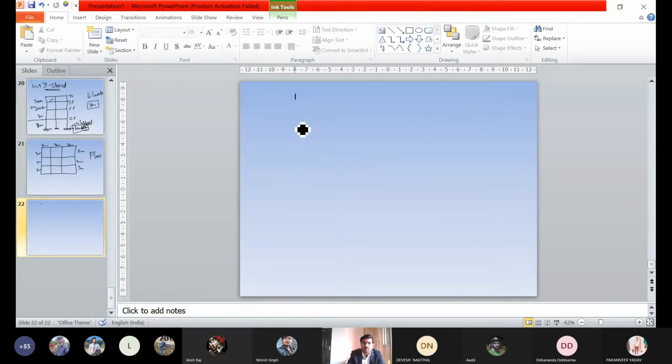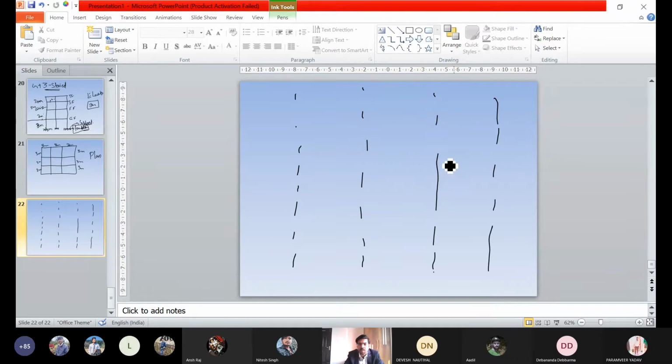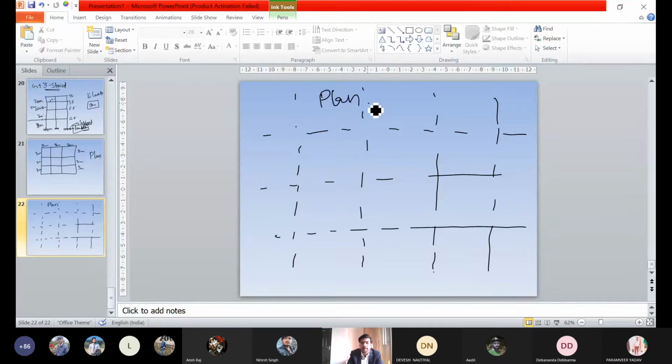So if I make these reference lines and somebody asks me to draw beams and columns, it would be a lot easier. So the software is asking us to draw some reference lines. Tell us what the reference lines are for your project. These are the plan. In the plan, what are the axes we see?